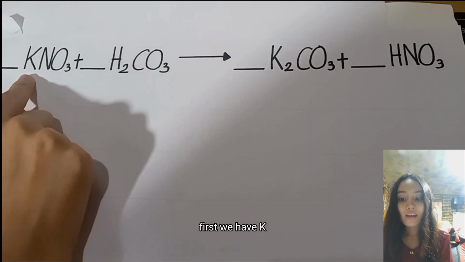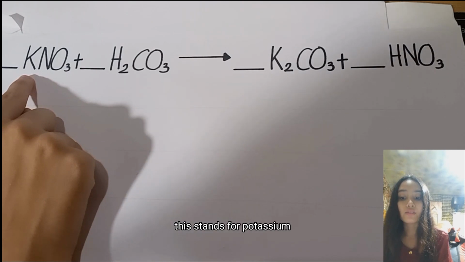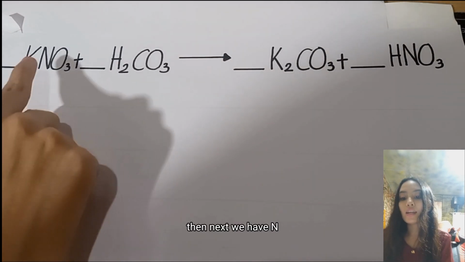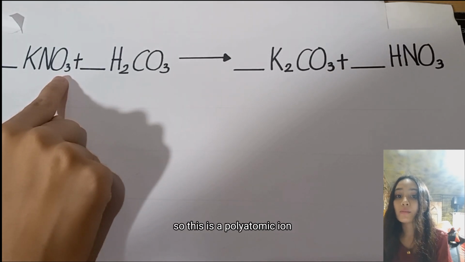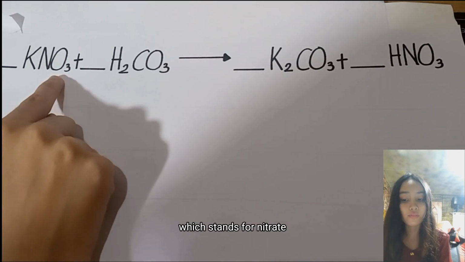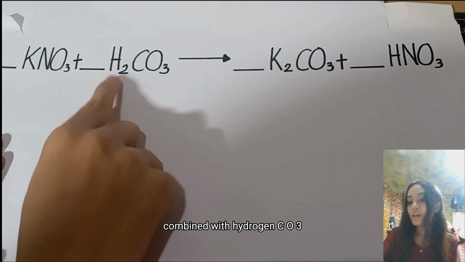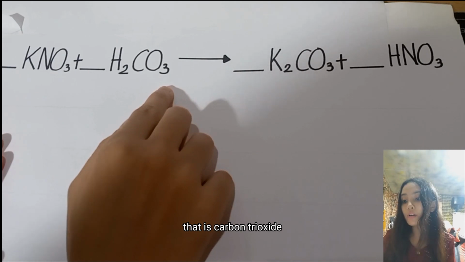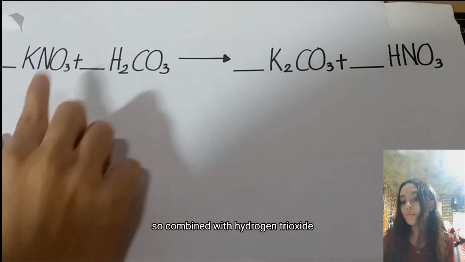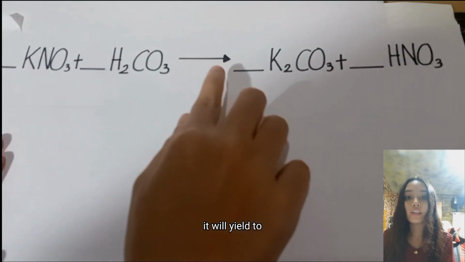We have K. If we look this up on our periodic table, this stands for potassium. Then next we have NO3 negative. This is a polyatomic ion which stands for nitrate, combined with hydrogen CO3, that is carbon trioxide. So combined with hydrogen carbon trioxide, it will yield to